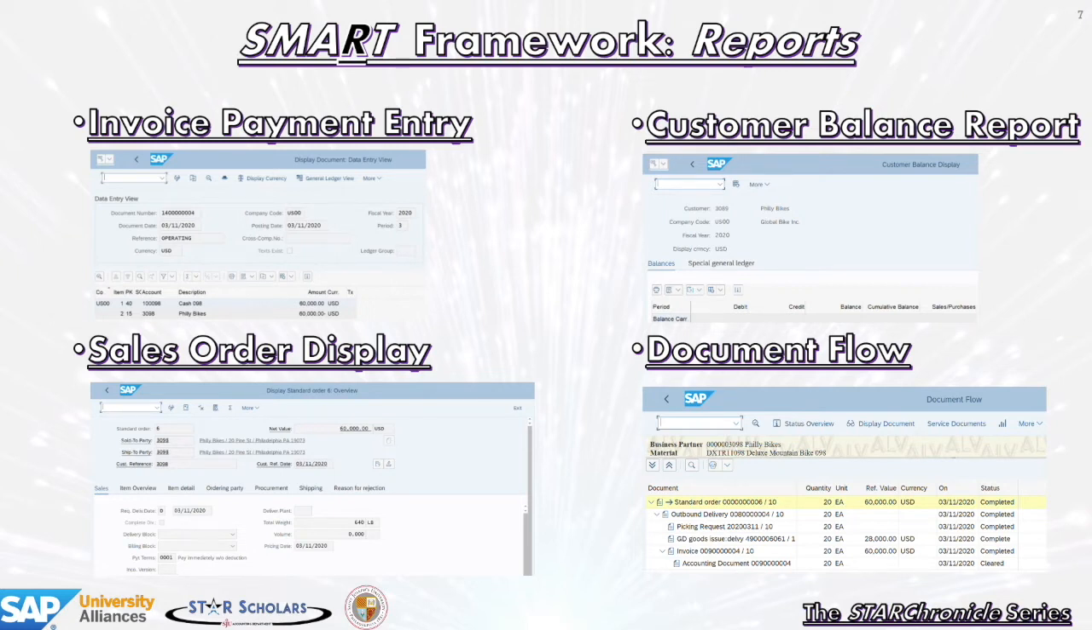Next, the Customer Balance Report, pictured in the top right-hand corner, allows us to see the current and historical balances of our subsidiary account receivable. Once the invoice is sent to Philly Bikes, a debit to their subsidiary account receivable will show up in this report. Once the invoice is paid off, the report will show a matching credit to signify that we've received payment